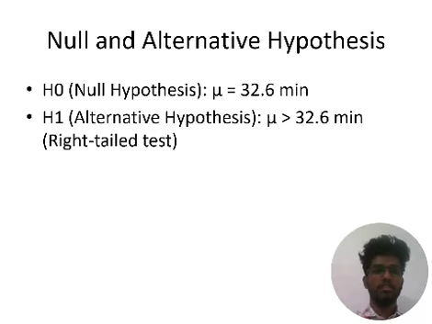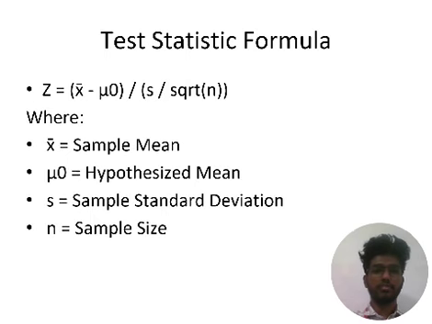H naught, the null hypothesis, is mu equals 32.6 minutes. H1, the alternative hypothesis, is mu greater than 32.6 minutes. Since it is greater, we choose the right tail test. And the test statistic formula is